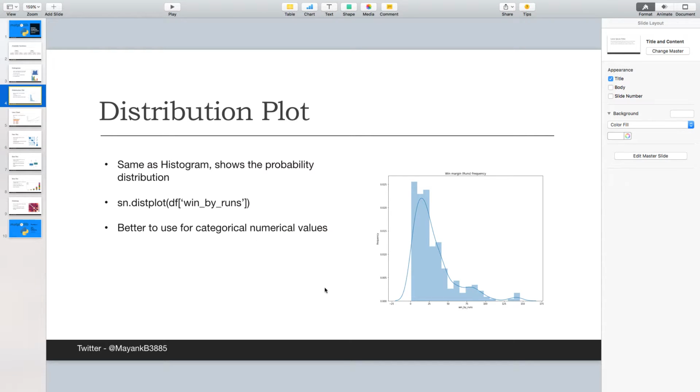Here I am printing some IPL stats, how many times teams win by runs and what is the probability of that. Winning by 25 runs is probably around 20%. Then winning between a 25 and 50 run margin, the probability is around 10%. So that's what this is. And the command is again very simple, sn.distplot.